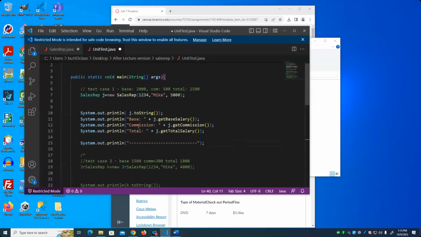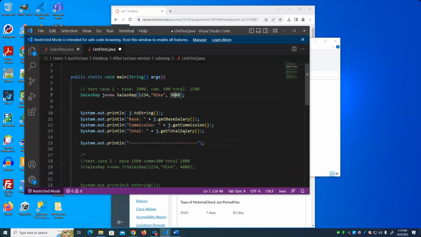So all we're going to look at in this example is the sales rep. I define sales rep number 1234. Name is Mike. Sold $5,000 worth of goods. toString should say sales rep Mike. The base salary should be the $2,000. Commission should be 10% of this, so that should be